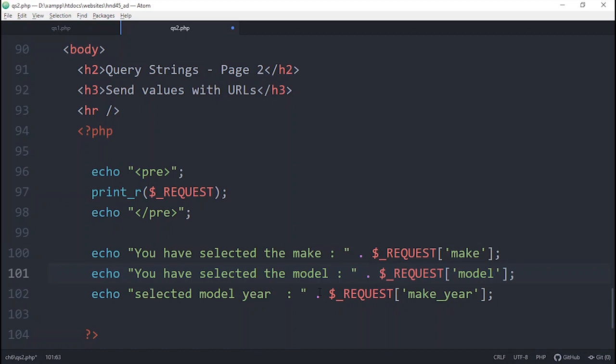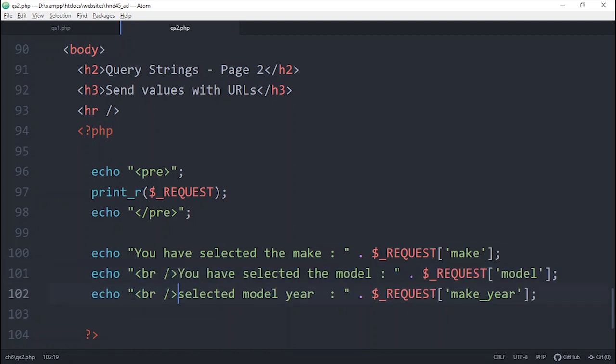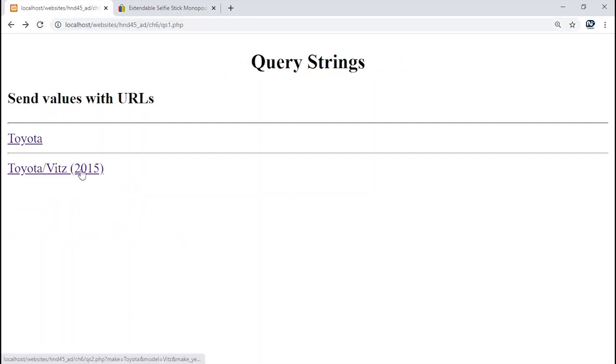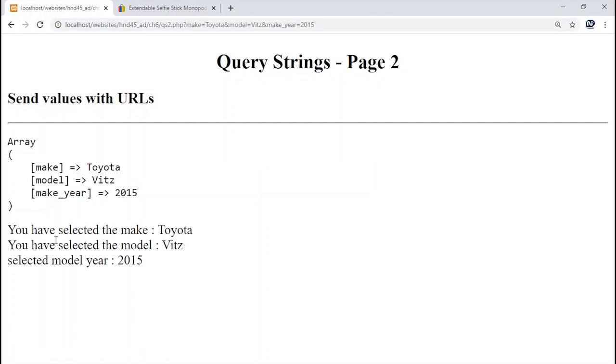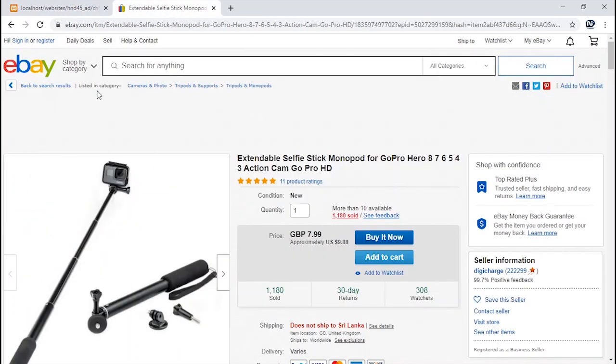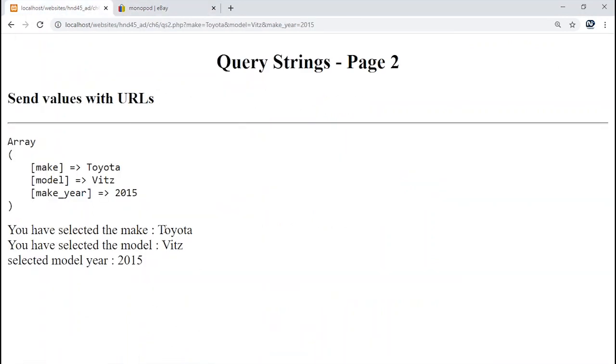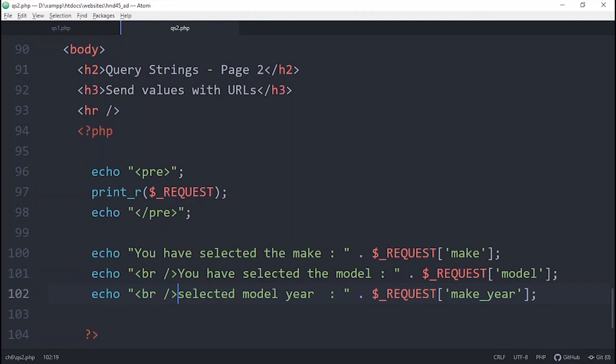That's all you have to do. The only thing is we need to make sure that we go to the other lines. Right, when I click on this, now you can see I have sent all these three values from one link. So here also we can send any amount of information from one link. What is the product category, what is the product ID, all this information we can send. Likewise, so hope you got an idea about this.